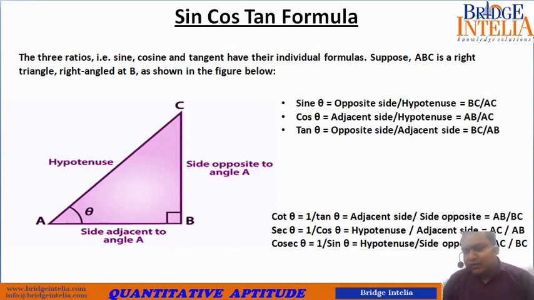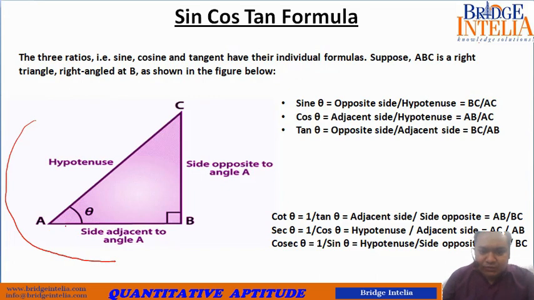The first set of questions is based on our basic understanding of sine, cos. These terms you must have heard in your school days, or if you have been through this chapter before: sine, cos, tan. You must be aware that all these terms are basically related to a right angle triangle. All these terms have their origin from a right angle triangle. To understand the essence of these terms, we take an example.